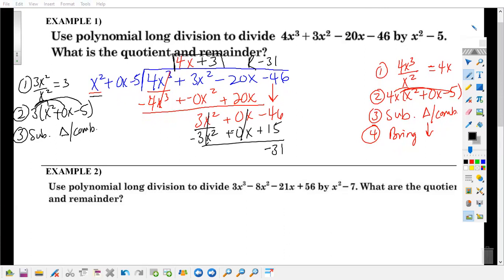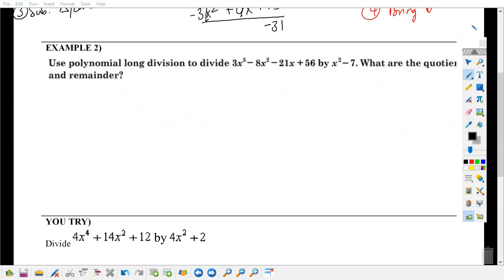Where did you get the 0x from? The zeros just, all right, here we go. So step 1 is your setup, which includes making sure you have your zeros as your fillers, right? So in my divisor, I'm missing my middle term. So when I write it, it's going to be x squared plus 0x minus 7 divides into